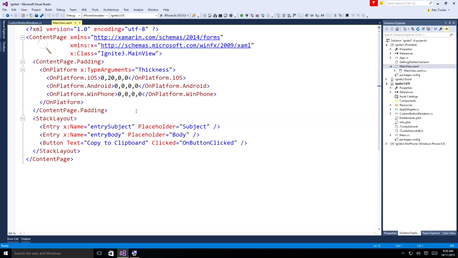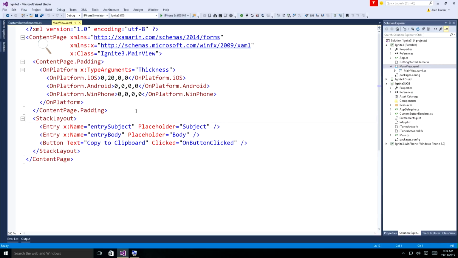This bit of code at the top, I again mentioned this yesterday but kind of glossed over it. This is a use of that device on platform, but using it from XAML. So it gives us a way of saying we want to vary the padding based on the platform, want to vary the thickness of the padding. And on iOS, that is left, top, right, bottom. We want to give it padding of 20 at the top,